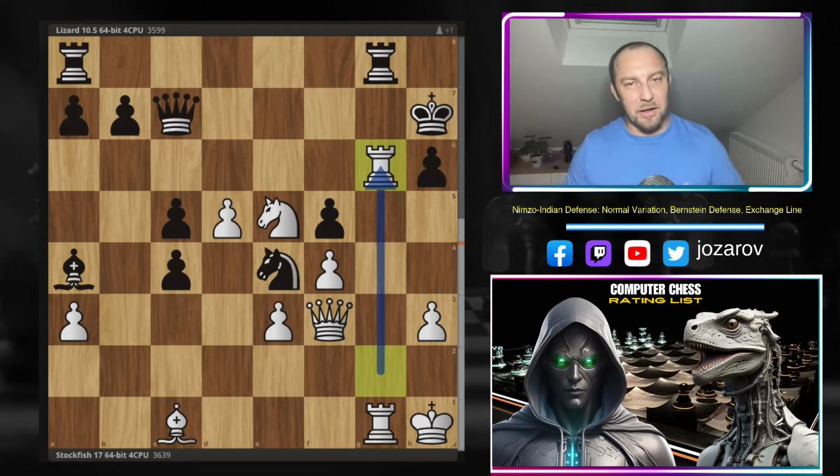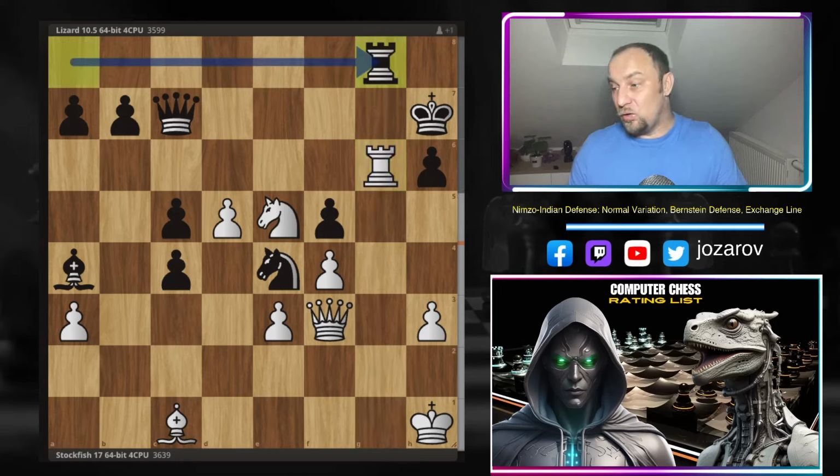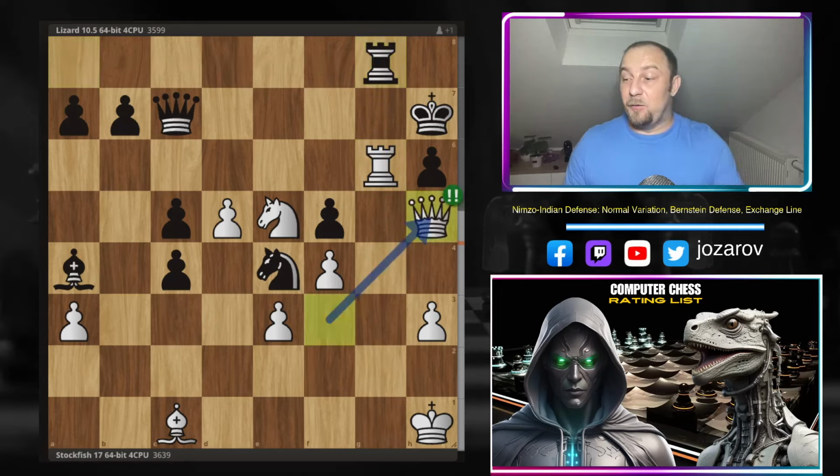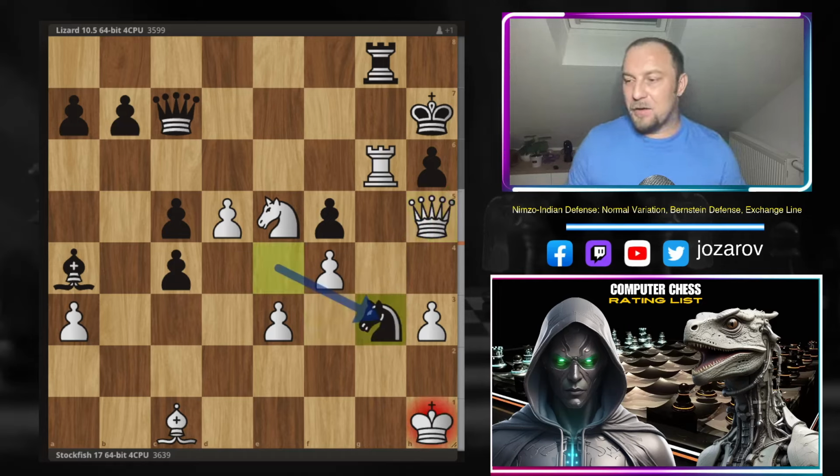Finally the position is collapsing here for black. The position is exploding in front of black's king. Rook takes g6, rook takes g6, and now a rook to g8. But now again a beautiful move by the fish, queen to h5, allowing even the royal fork here with knight to g3. But it doesn't matter, Stockfish wanted to get this one, because if rook to g3 and